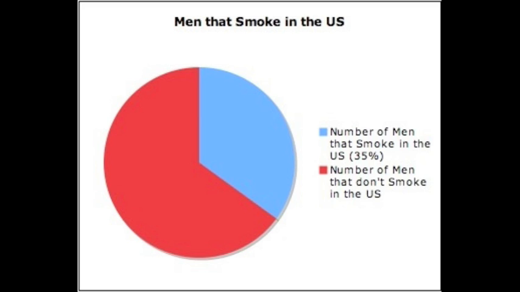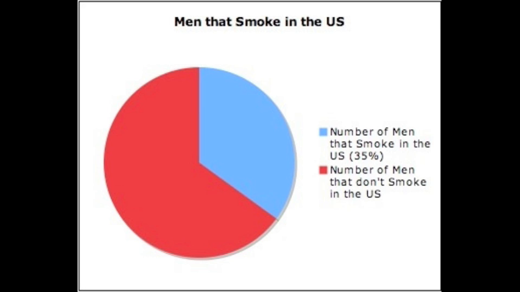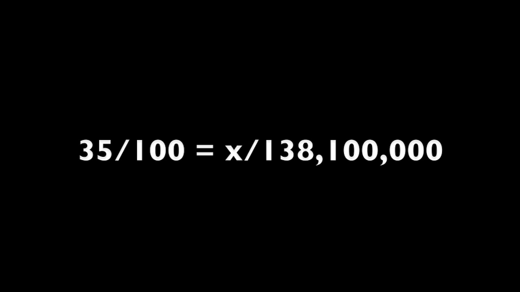35% of all men in the US smoke and 22% of all women in the US smoke. So what would be the number of the men and women that smoke? For the men, you'd have to make a ratio which would be 35 over 100 equals x over 138,100,000. Since there are 138,100,000 men in the US, you would have to divide that number by 100 and then multiply it by 35 to find 35% of that number, which would equal